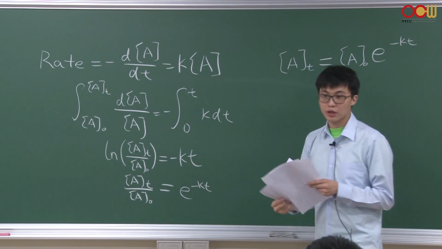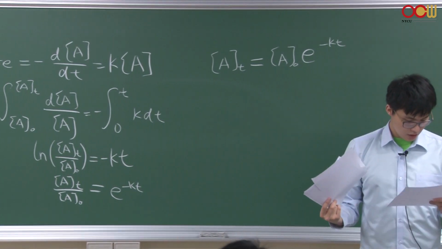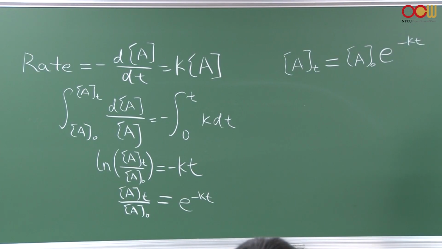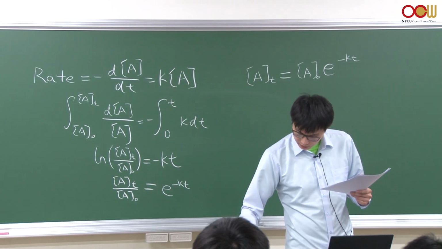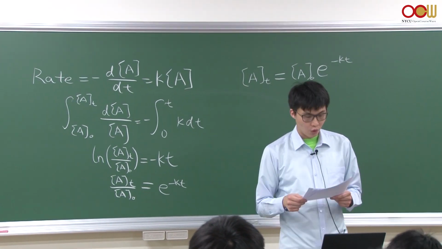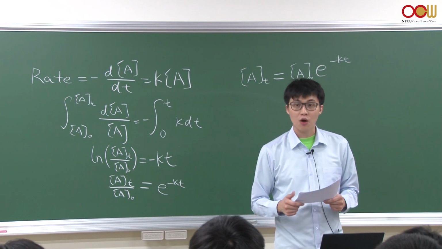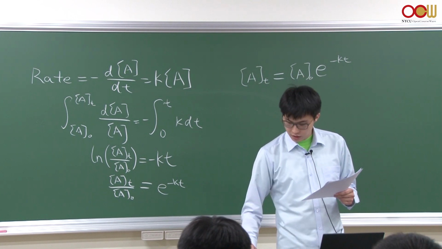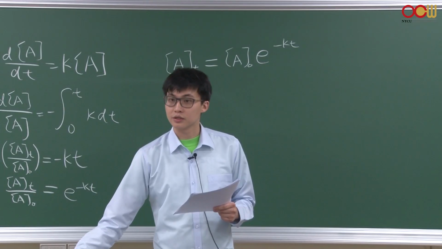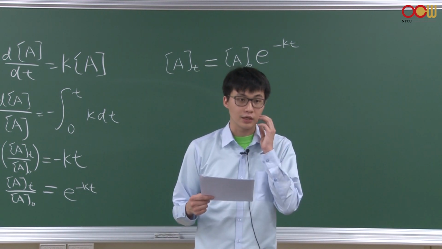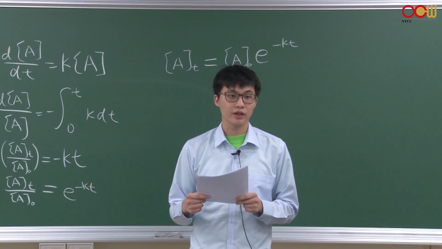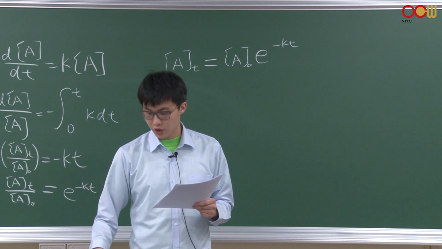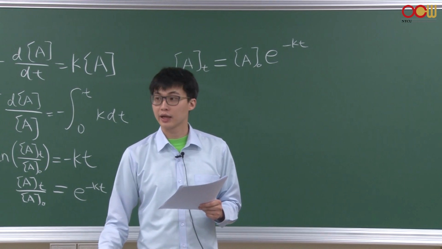Okay, and in your book, there's a table that summarizes this, table 16.4. You guys can walk through this practice, and then you can get the solution for different orders of reaction, okay? And how would you be able to determine the reaction order based on the data that was given? A simple practice is what I plan to do in this lecture. That's why I want you guys to bring the laptop, because we'll simply fit the data to each of these, zero order, first order, and second order, to see whether you can get a linear plot.